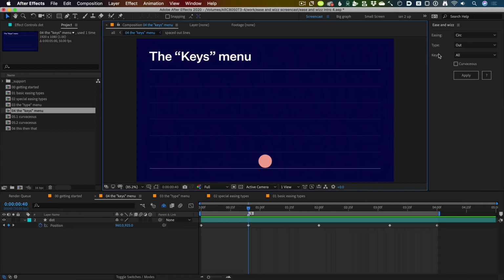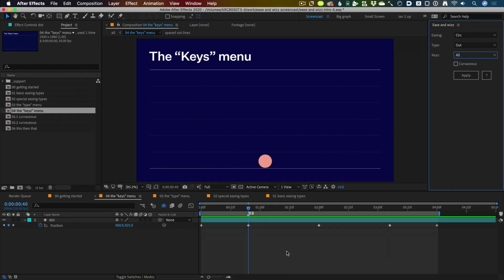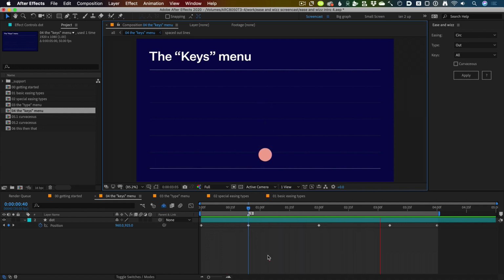Next up is the keys menu. Options under here are all, start and end, or start only. And these options are for telling Ease and Wizz which keyframes it should pay attention to. So if I play back this little animation, we have a dot which goes up, comes down, and it leaves